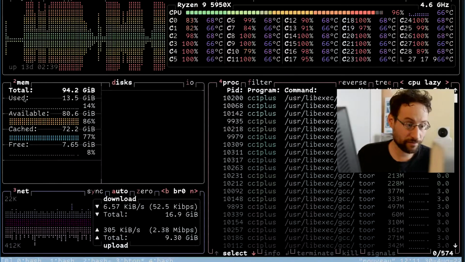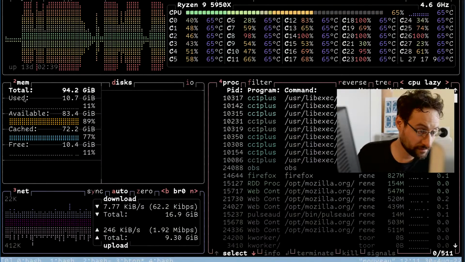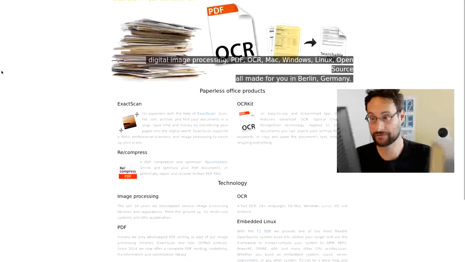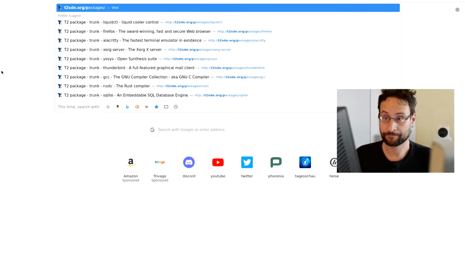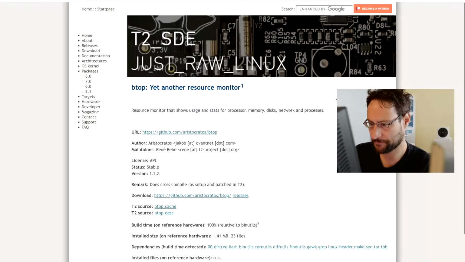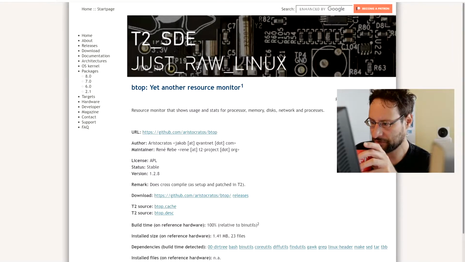That is BTOP, that's not HTOP, that is BTOP, yeah, that is a pretty nice one. Actually, you know what, let's check if they have a new release. Always a win-win of these live streams. Also, I need to improve data to make sure that